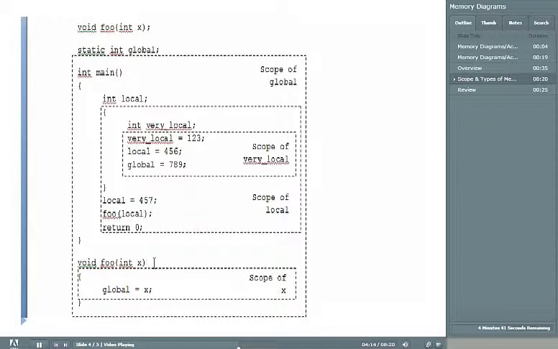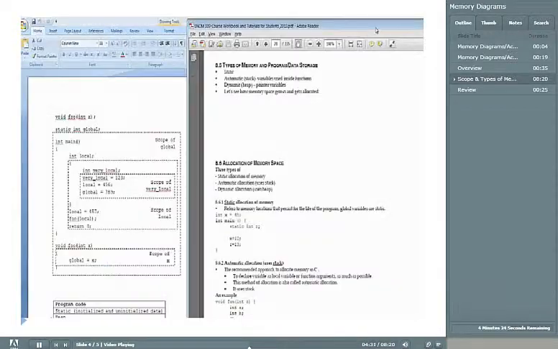The parameter of function foo, int x, is only accessible from within the scope of foo, which is enclosed by the braces surrounding the body of the function. This final dash box outlines the scope of the variable x. Now that we've reminded ourselves of what scope is in a program,